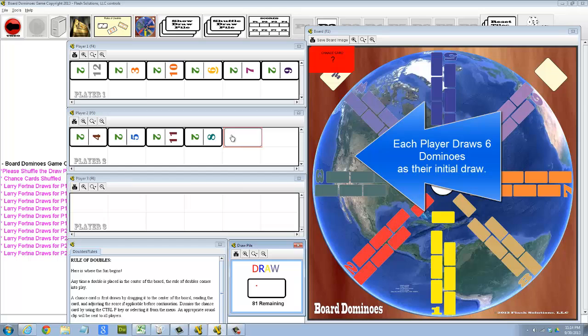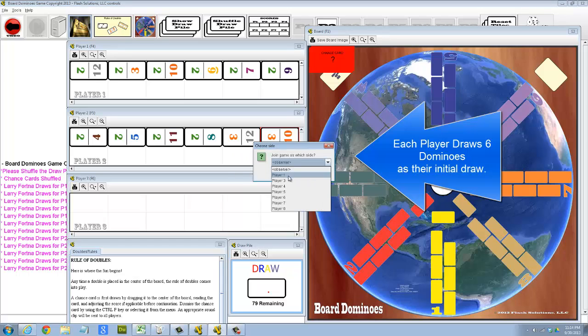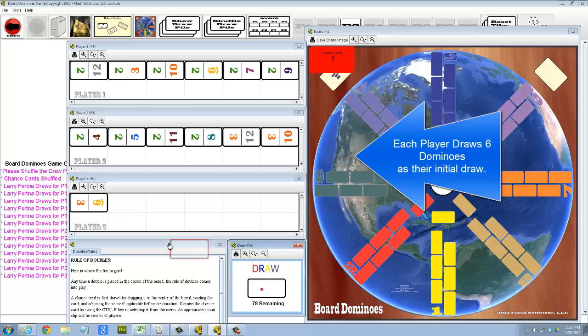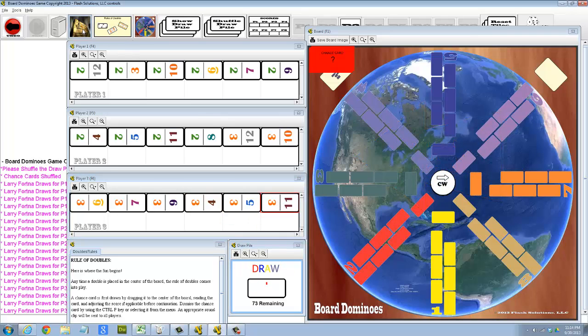The object of the game is to have each player have 6 dominoes in which they will attempt to play to the board before their opponent. Now that all 3 players have their 6 dominoes,